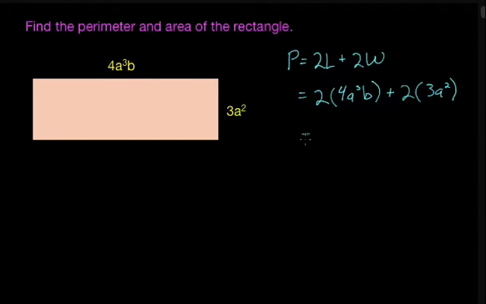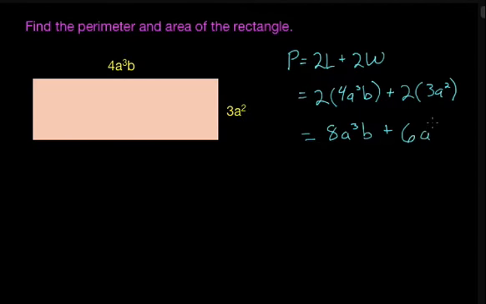Excellent. So all I have to do is simplify these two terms. 2 times 4a cubed b, the only like terms there are the numeric terms 2 and 4. So that's going to simplify to 8a cubed b. And over here, that's 2 times 3a squared, and that's going to equal